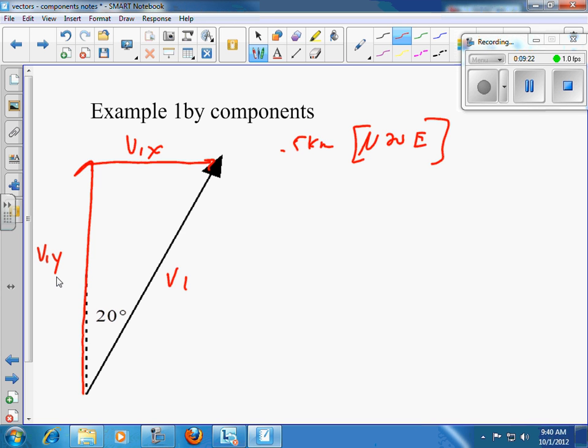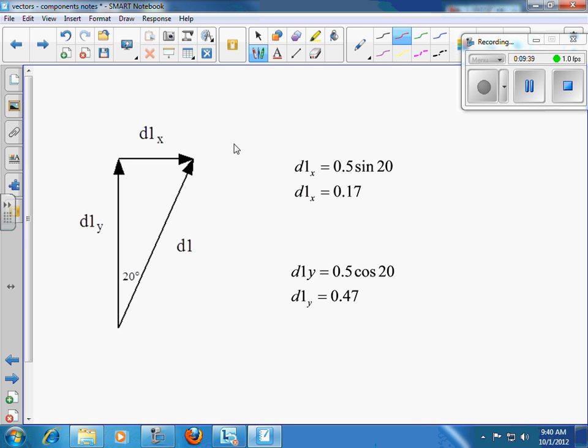And V1X is the horizontal component. So it's really how much of this V1 is up and how much is over to the right. Okay? And when you calculate them, Riley, then we can add and subtract after that. Okay? So here's what I would like you to do. I would like you to jot, well, I called it D1, sorry, instead of V1, displacement 1, right? So D1 is simply,